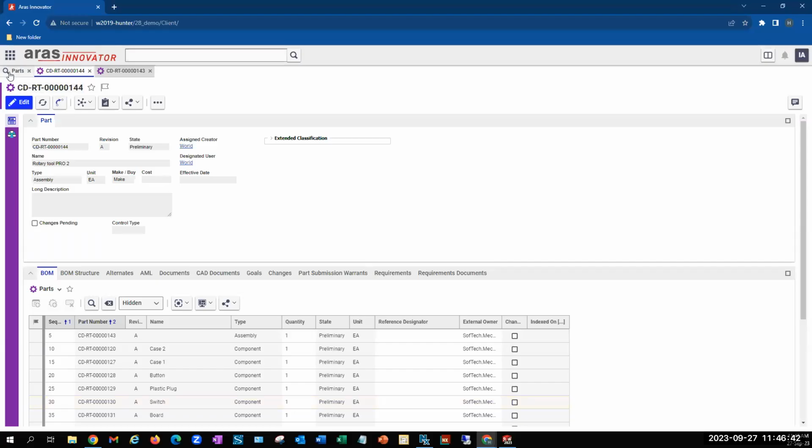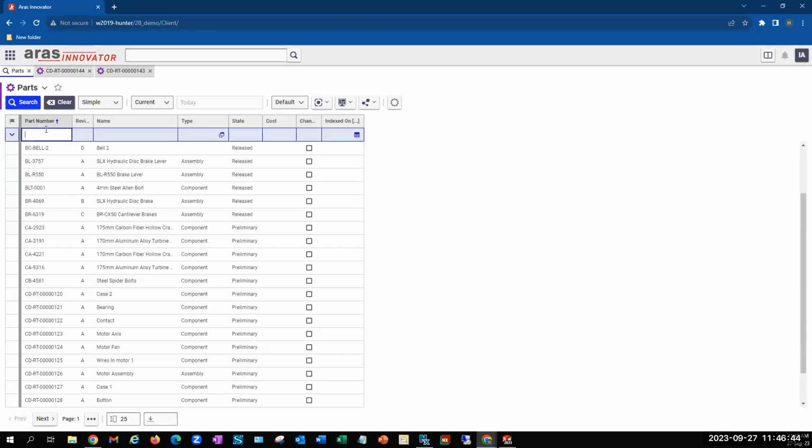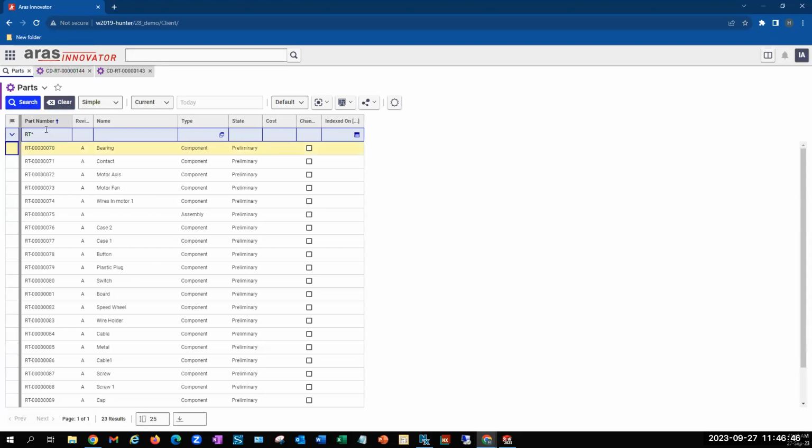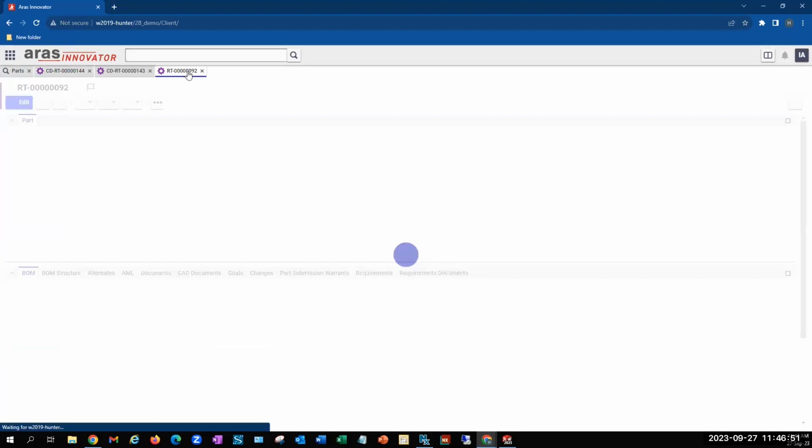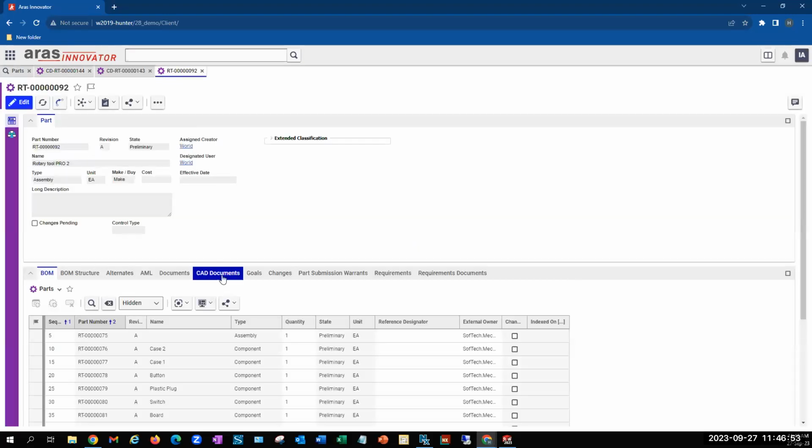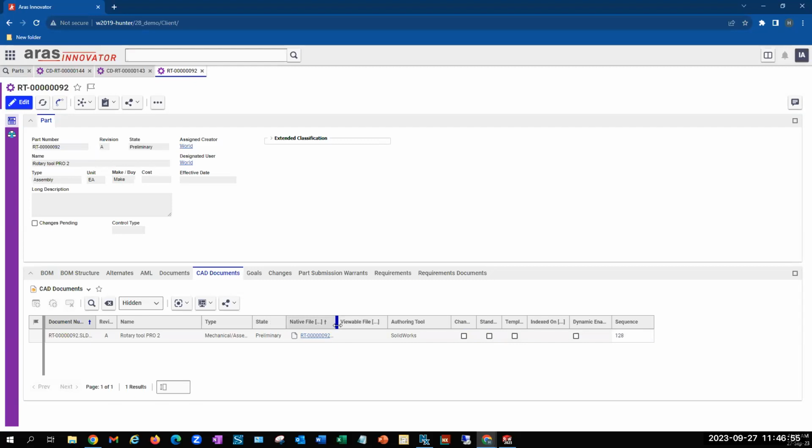If I go back here, I can search for those new parts. And here is that assembly. So here's my new production part number. I have that CAD document and I can start working with this new assembly that I have, or I guess re-registered assembly. There's one last thing I want to show, and it's going to be using